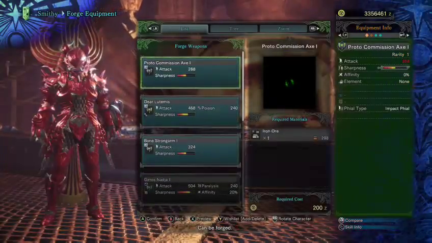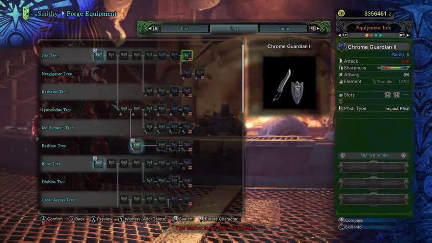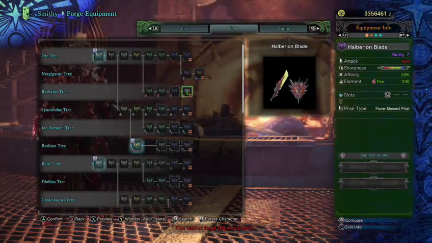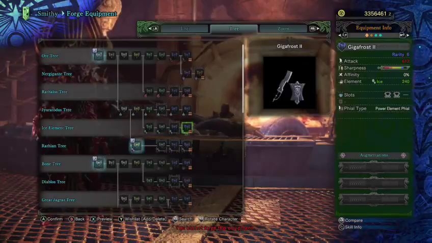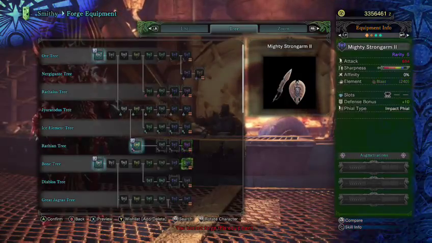Alright, moving on to Charge Blade. Let's go to the weapon tree. So starting off with the Ore weapon tree, Nergigante, Rathalos, Juratodas Water Elemental weapon, Legiana Ice Elemental weapon, Rathian, Boom,